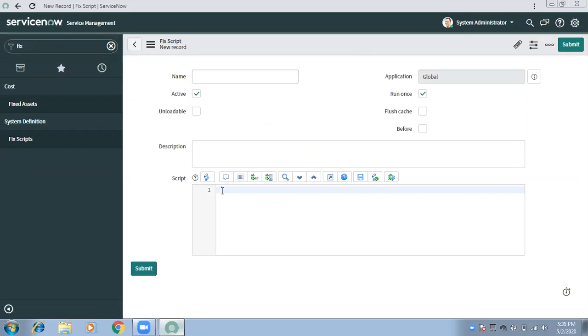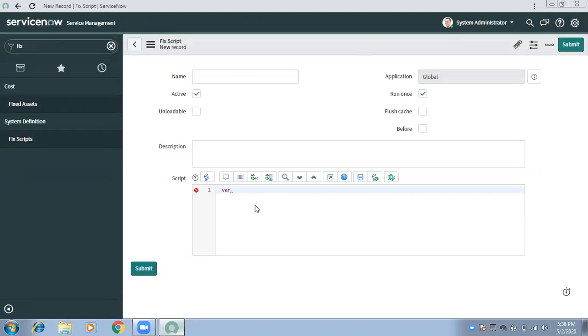Now you can write it in any server-side script. We will see how to use this in a business rule or something, but before that it's important to understand these functions and how you can do that, and then maybe see the application of it. First, for any operation with the GlideRecord class, we have to instantiate the class. Instantiate means creating an object kind of thing for that particular table.